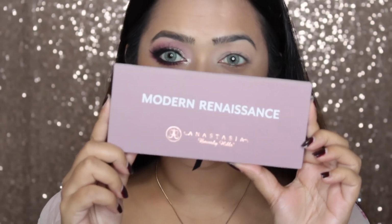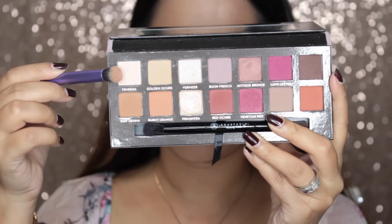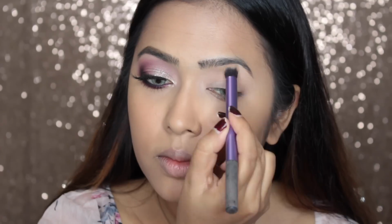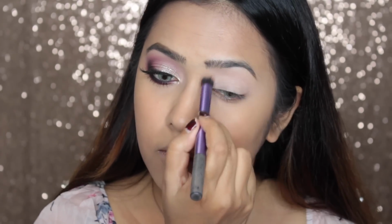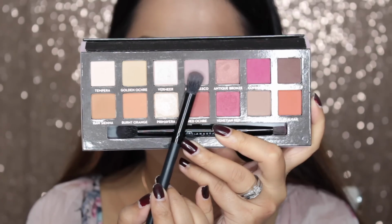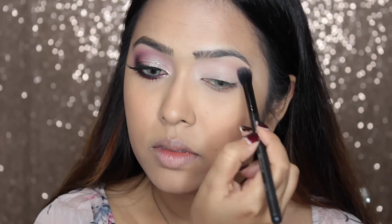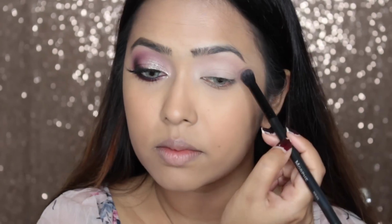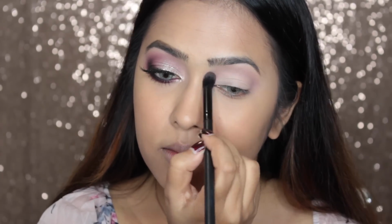For my eyeshadows today, I'm using the Modern Renaissance palette from Anastasia Beverly Hills, and at first I'm taking this matte sort of an off-white shade and I'm applying it all over my lid to set the eye primer. And then I'm taking this dusty mauve sort of a shade, and with a big fluffy brush I'm applying it on my crease. This is gonna act as my transition shade, so I'm gonna take it a lot high up